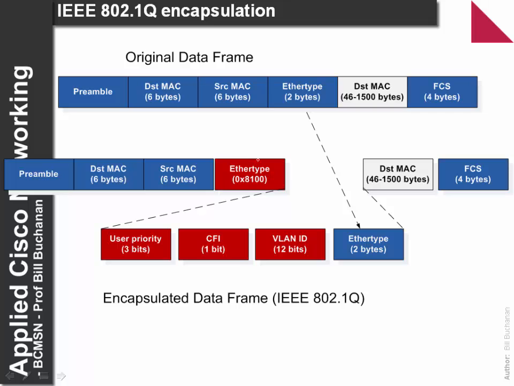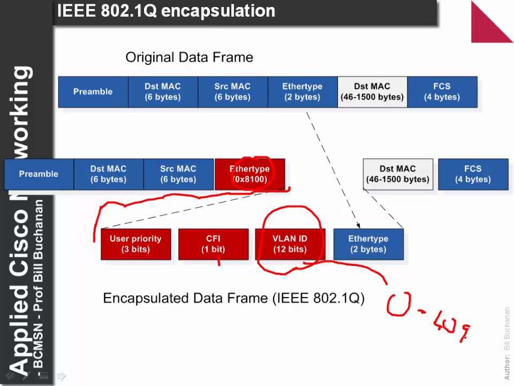So the way the encapsulation is done is that if we have our ether type of 1Q, then the bit that comes after it is then added. We can have 8 levels of user priority, a CFI bit, and then we can have a 12-bit VLAN number. 12 bits allows us to create between 0 and 4095 VLANs. So the maximum number of VLANs that we can have on a site is 4096, which should be enough for any network.